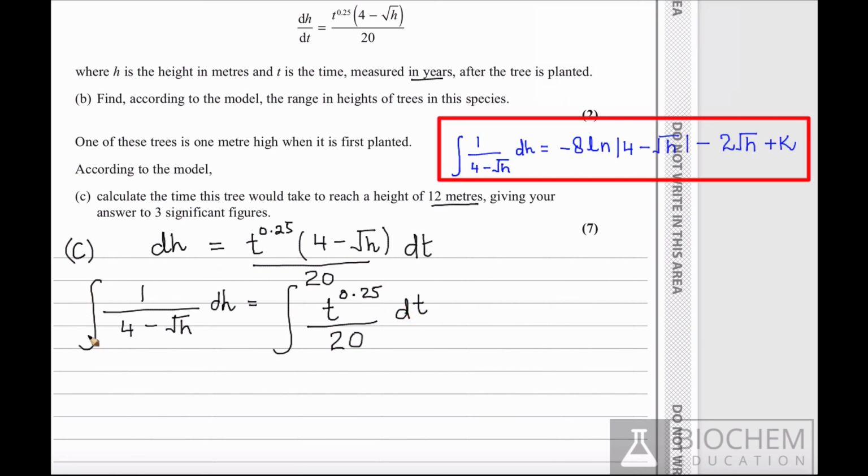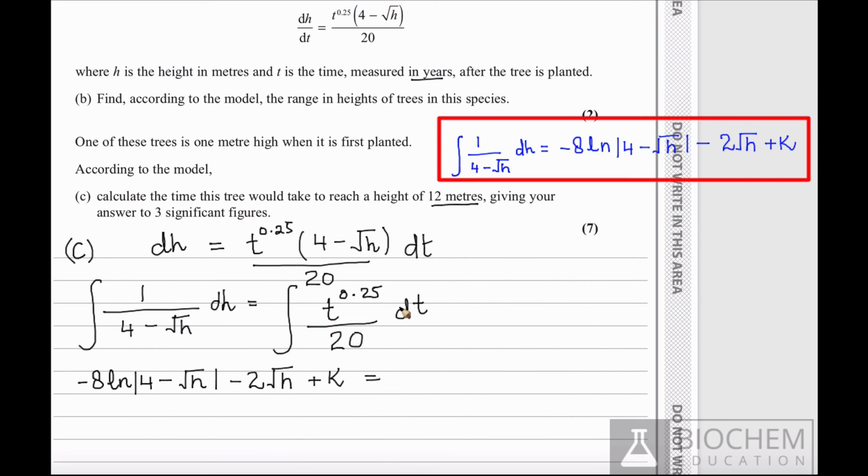The solution to the integration of the left hand side was found in part A, and that was negative 8 ln 4 minus square root h minus 2 square root h plus k. So we can use that answer straight away and write this as negative 8 ln 4 minus square root h minus 2 square root h plus k